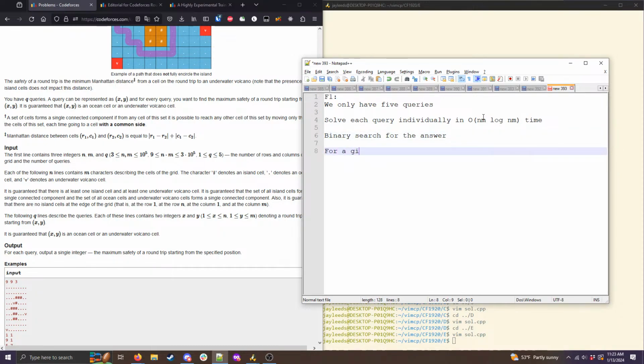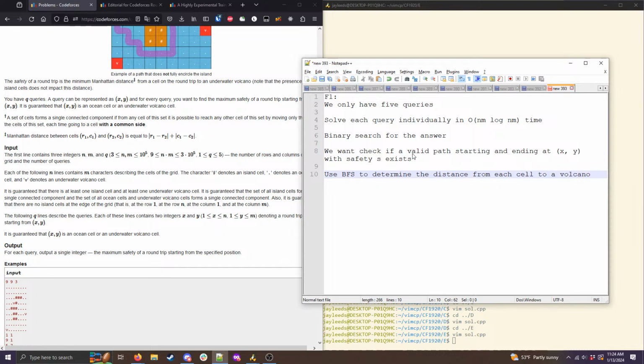So for a given query, we want to check if a valid path starting and ending at x, y with safety S exists. The first thing we're going to do is use a BFS or DFS to determine the distance from each